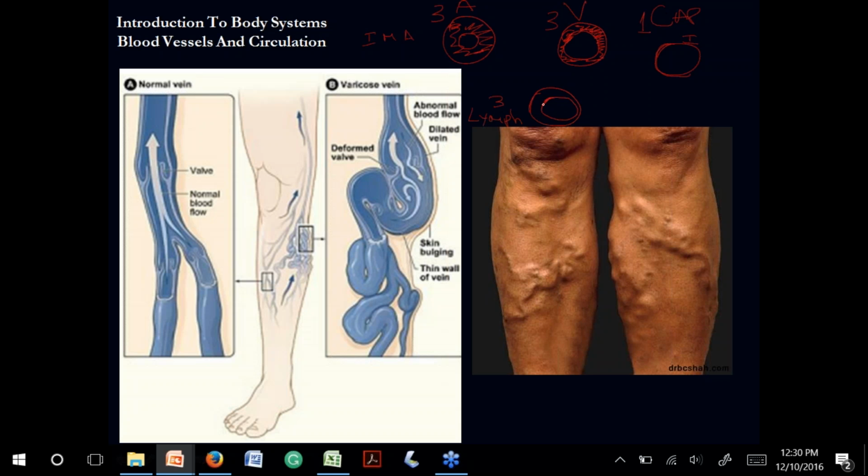They're going to have tunica intima, tunica media, and the adventitia. So here we have valves in the vein. In the arteries, no. In the capillaries, neither. So these are similar to each other. If you compress the artery, it is going to keep the same shape. But if you compress the vein, it is going to collapse. So that is important for the venous return of the blood to the heart.